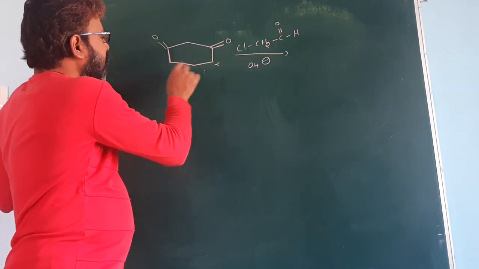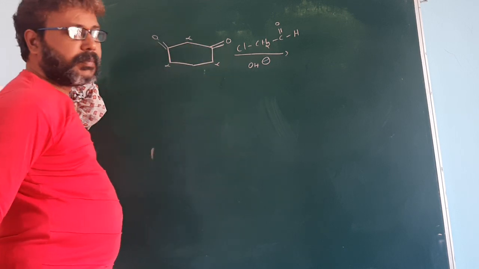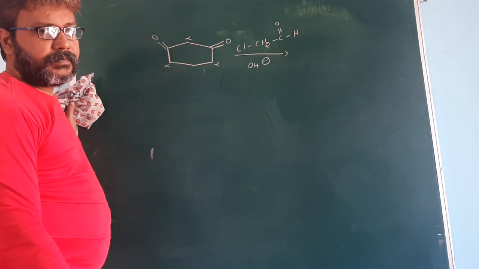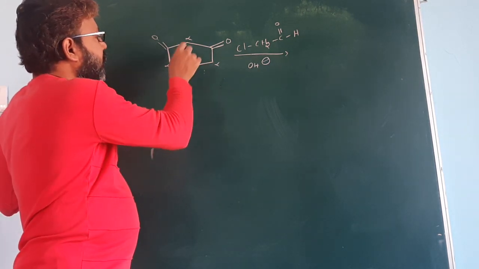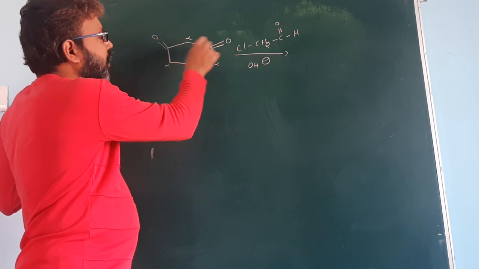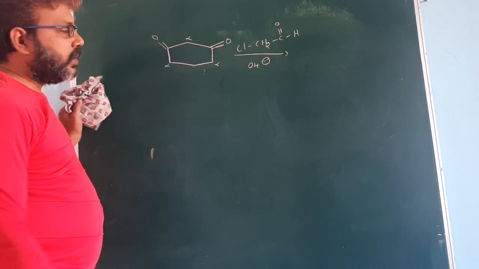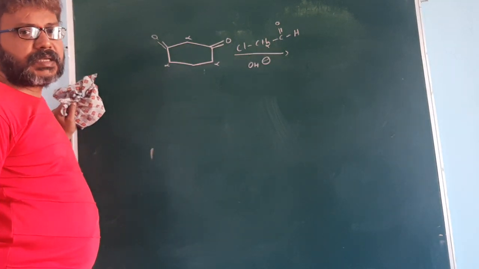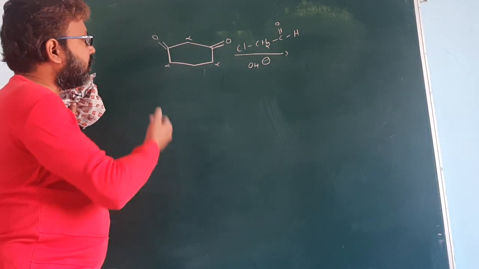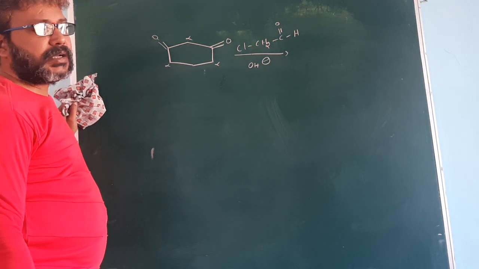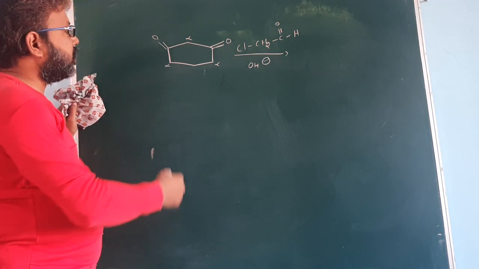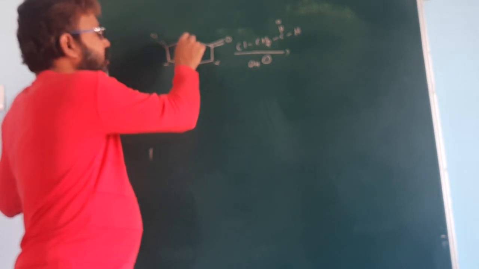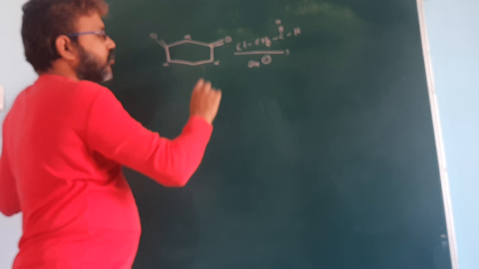Now it is an alpha carbon, and so on. This alpha carbon has more acidic protons compared to the other two, because it is bonded with two electron withdrawing groups. When these two withdraw the electrons, the magnitude of positive charge increases on the carbon. Now it can withdraw the electrons from hydrogen and liberate the H plus ion easily, so it is more acidic than the other two.